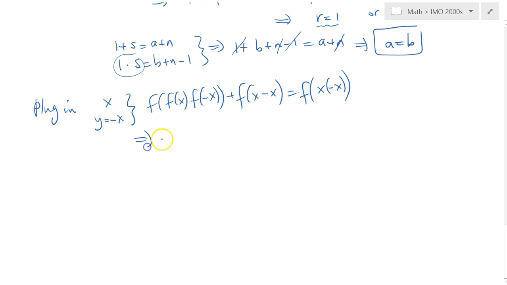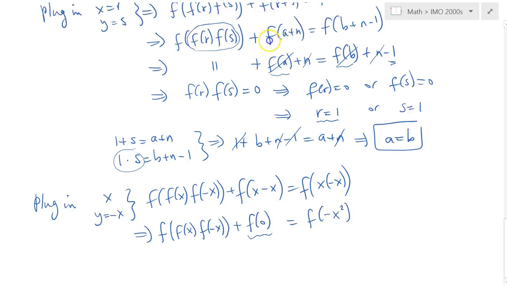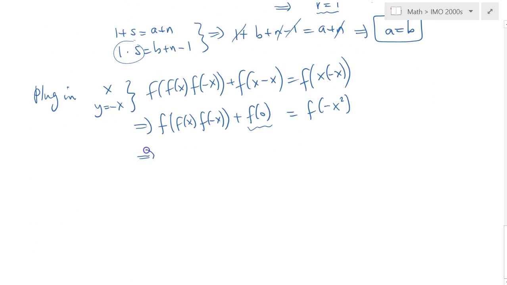And that would simply imply that f of x, f of minus x plus f of 0 is equal to f of minus x squared. But recall, we are in the case where f of 0 is equal to minus 1. So therefore, this implies that, for example, let's just write it here. So we have, let's do it a few more steps before we finish, f of